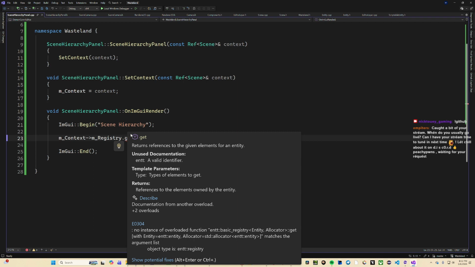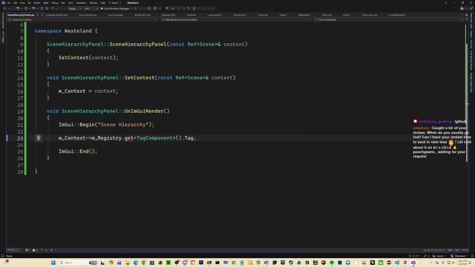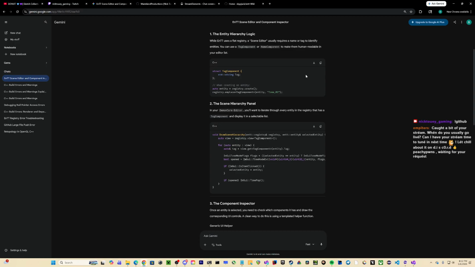What would the allocator be? Oh no, because I don't have a name attached.